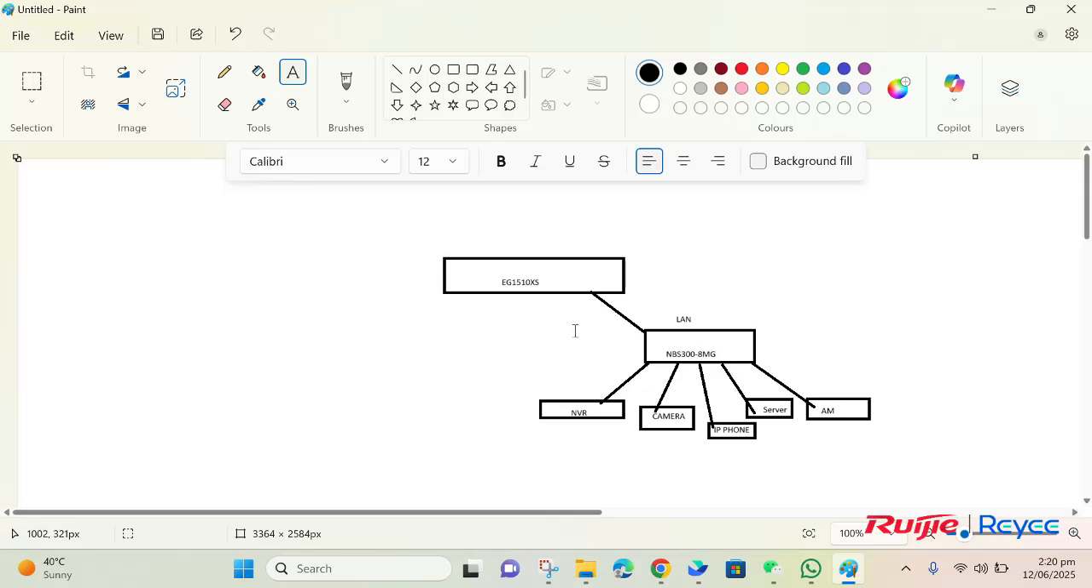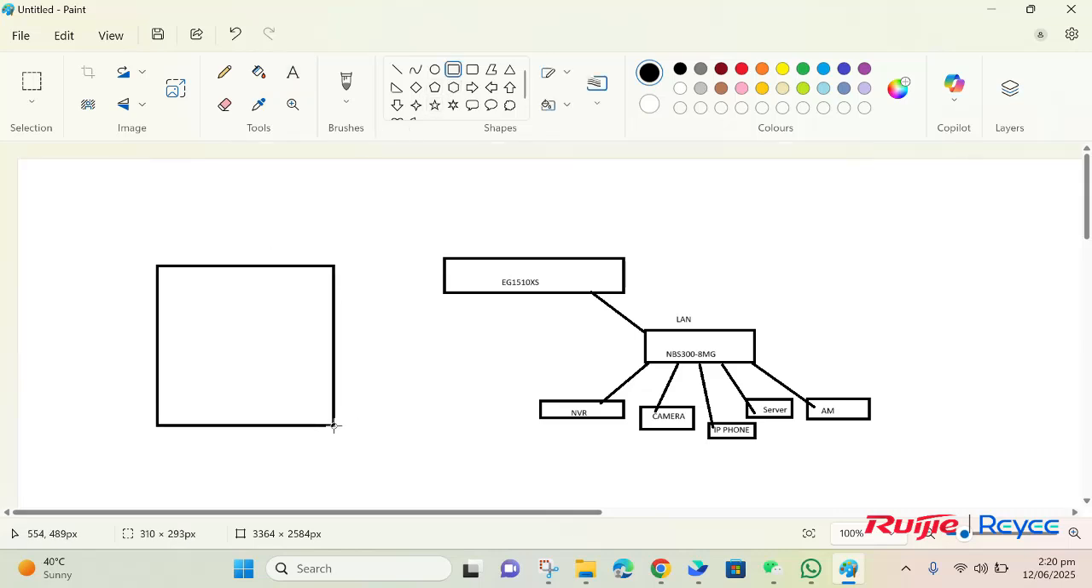Now, for example, if you want to access all these devices, the LAN network, from outside of the network, for example, you are at a remote site and need to access an office network, any site network, we can use the OpenVPN application